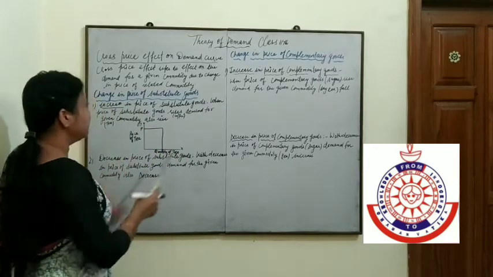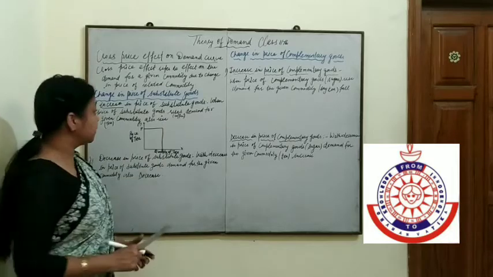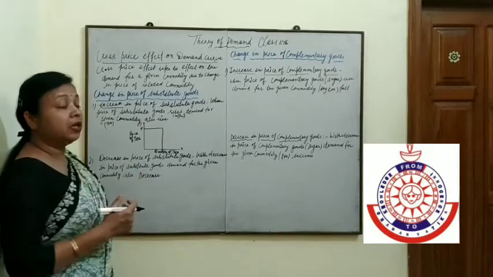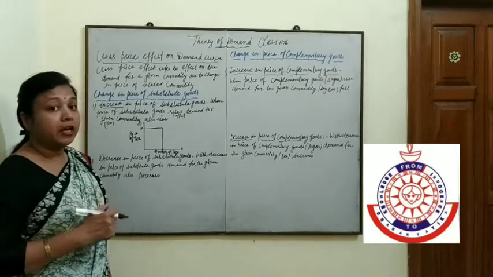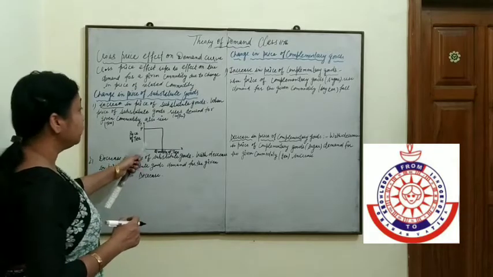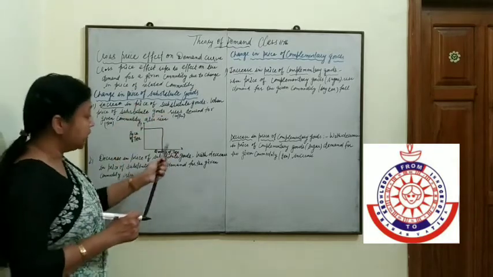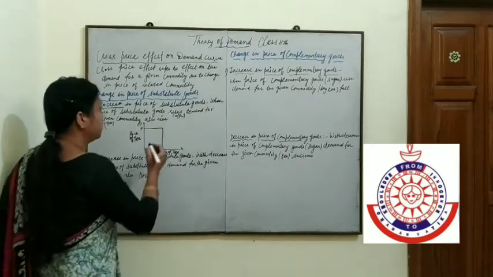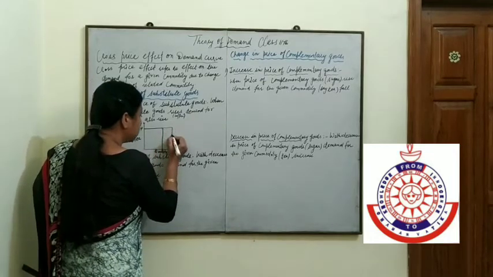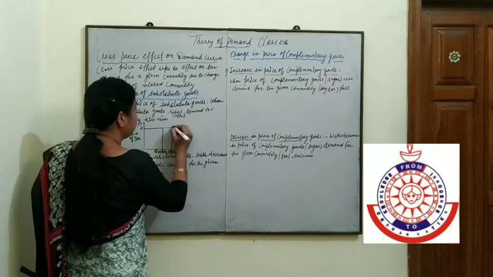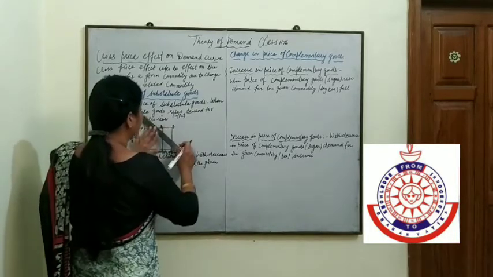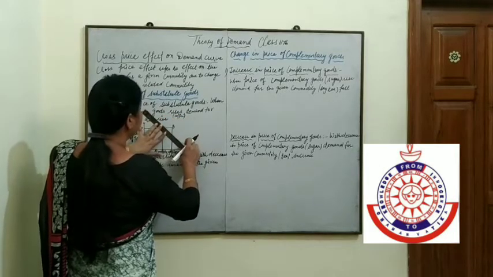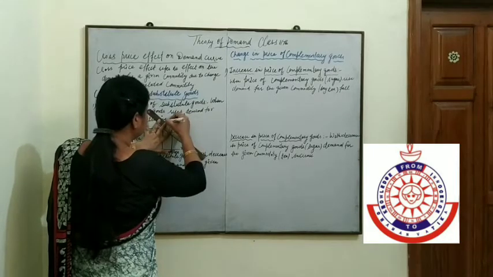Now we are saying that if the price of substitute goods rises, we are demanding less of the substitute goods. It means we are demanding more of tea. If the price of substitute goods rises, that will affect the demand for tea. Now the demand for tea will increase at a given price. This is the effect of an increase in the price of substitute goods. Now the demand for tea is increased due to the increase in the price of the substitute good, coffee.